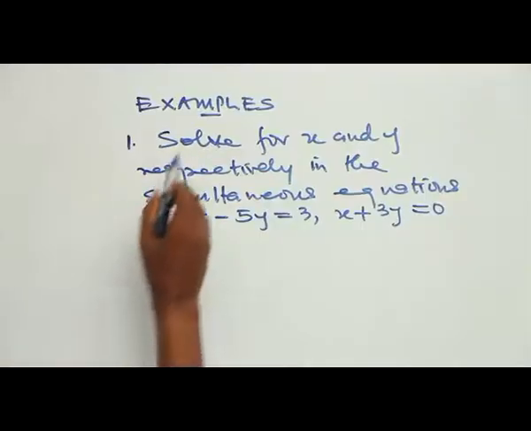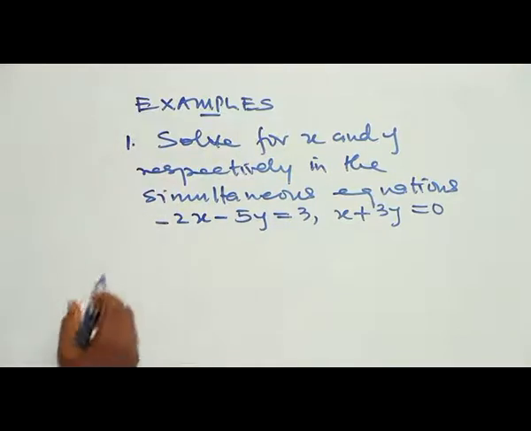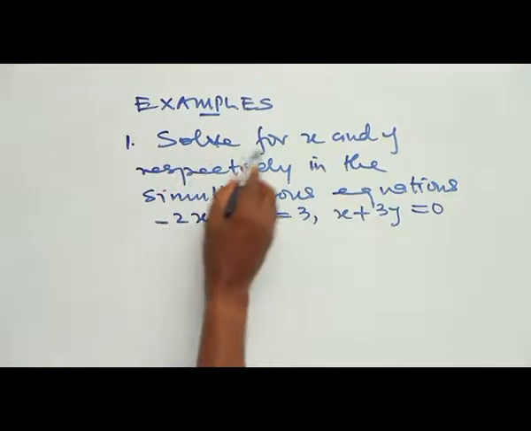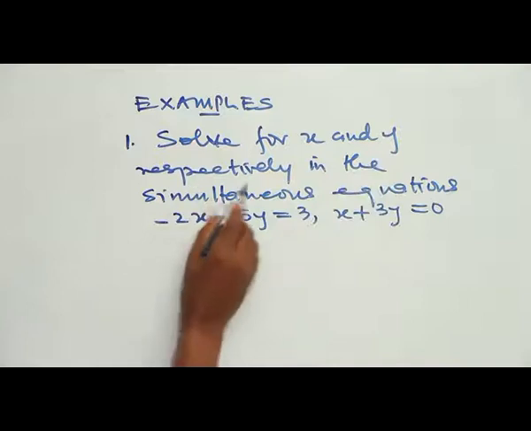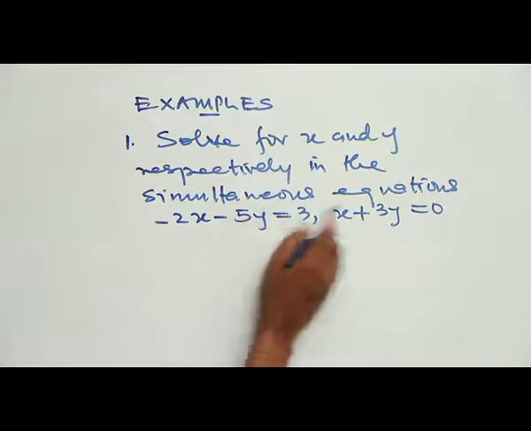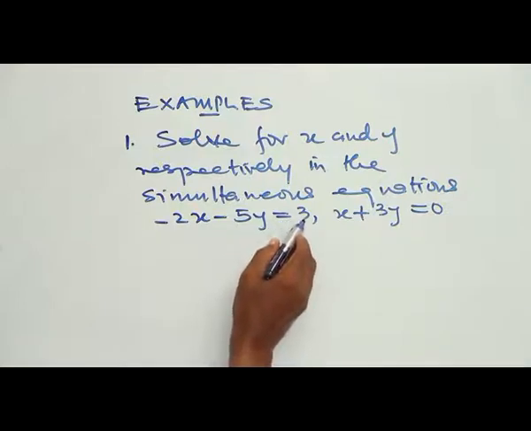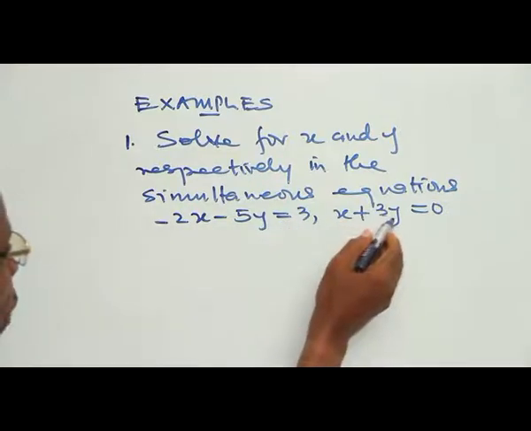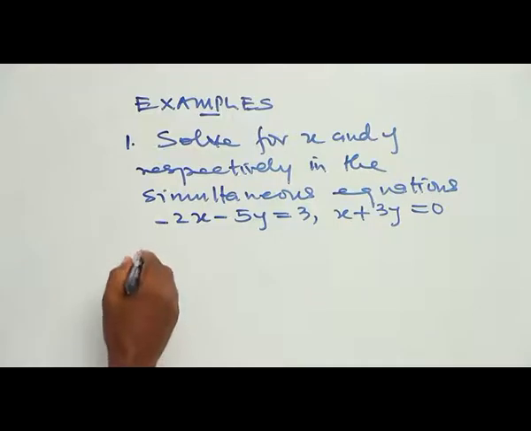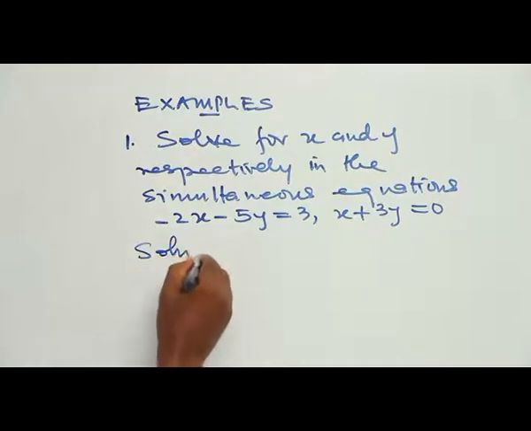We now take the first example, and that is: solve for x and y respectively in the simultaneous equations minus 2x minus 5y equal to 3, x plus 3y equal to 0. Solution. You will recall that in solving linear simultaneous equations,